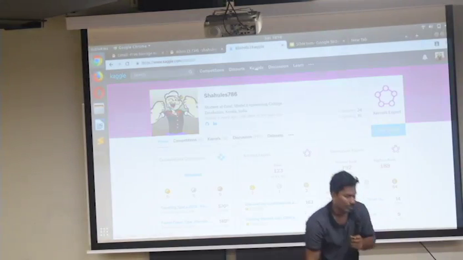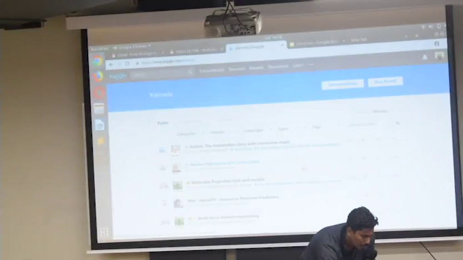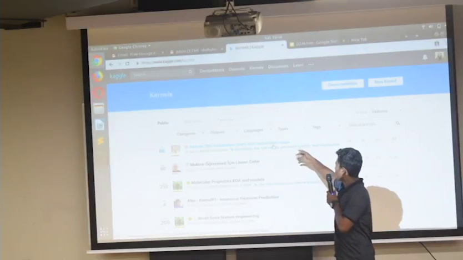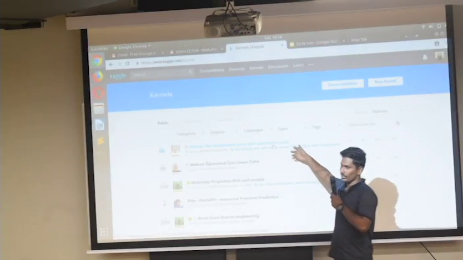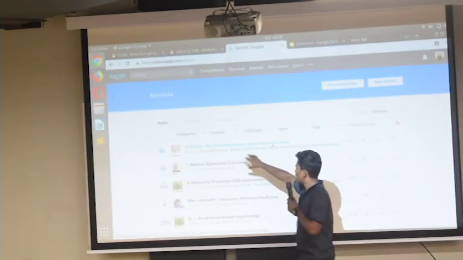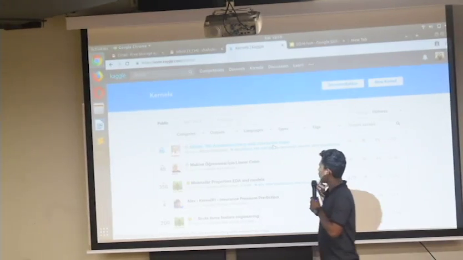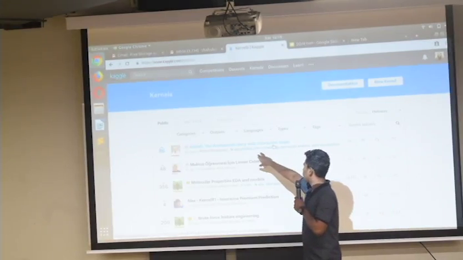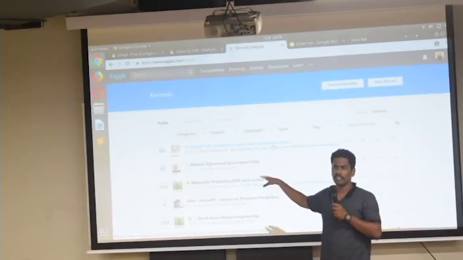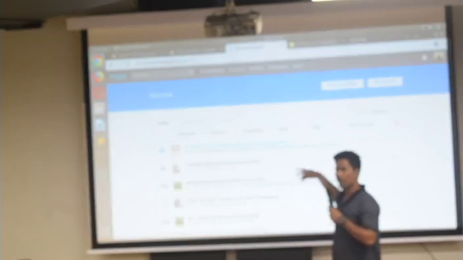If you visit kernels, you should first observe the tags, because they tell you what they are trying to do in the kernel. If someone writes a kernel for beginners, they will always put a tutorial tag. As a beginner, you should search for the tutorial tag and go through those kernels.